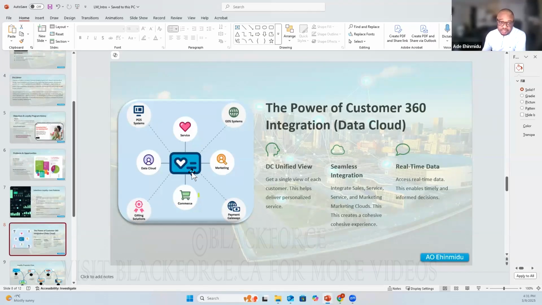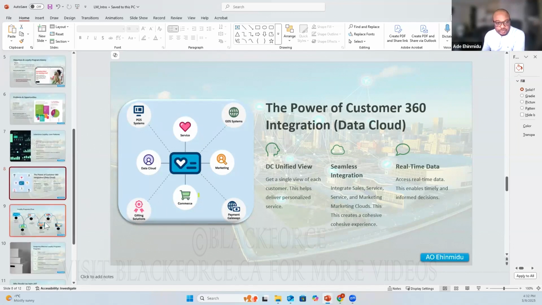As you launch it in loyalty management, you can present it to customers in near real time. And because you have this unified view of your customer data, you can personalize it. That is the power of Loyalty Management, and that's what makes it distinct from many other applications out there.